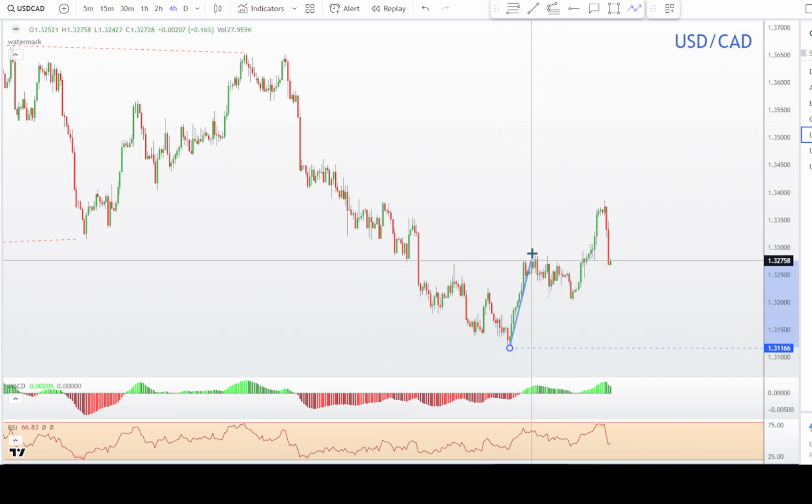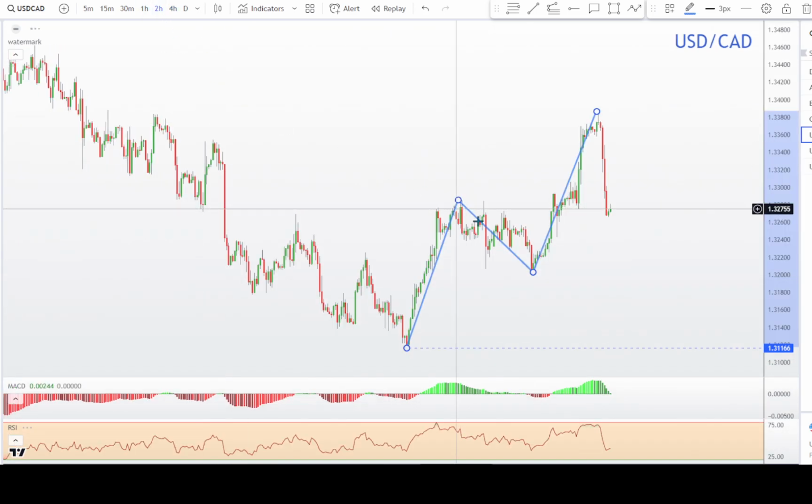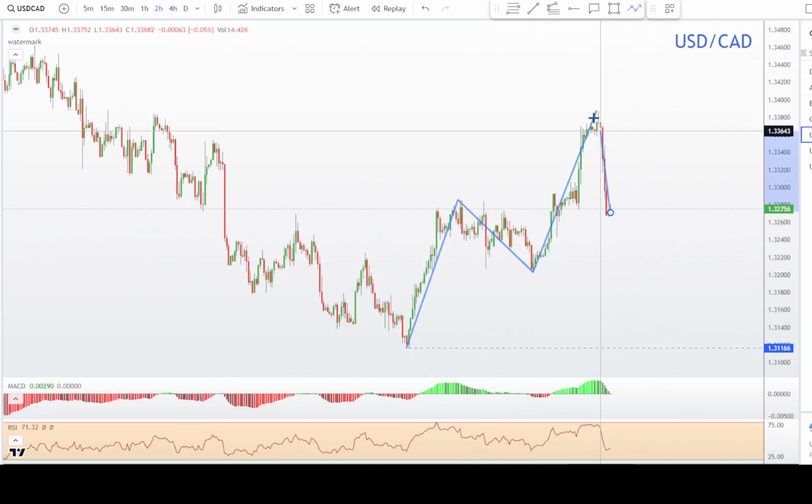all we have so far is a 3-wave move, and then boom, a sharp sell off. So this could be just the X, or it could be part of the X. It could be just the first part. We'll get a correction here, and then still one more up, but the way this sell-off is so sharp, the first thing is this is going to need to correct. I mean, that's a straight down. So we're going to need some type of correction, either shallow or a deep correction, and then still one more down. And then when they break that low,